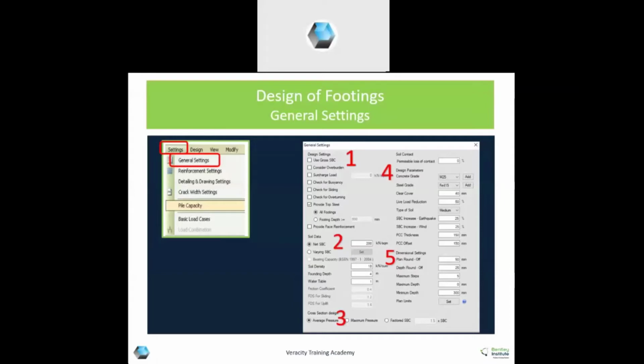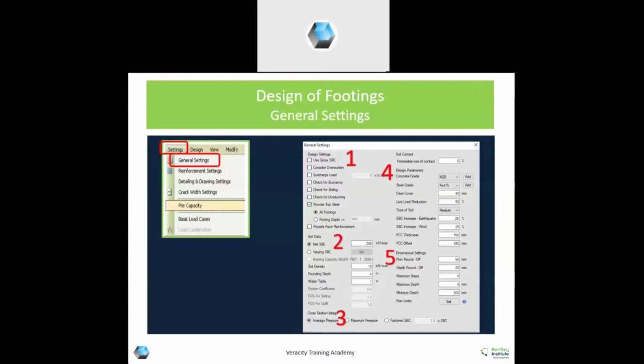But if you have any other criteria, like after 750 or 800 mm depth, if you want to provide a top steel, then you can specify it here. Provide top steel for footing depth greater than 800 or 600. You can mention as per your assumptions.